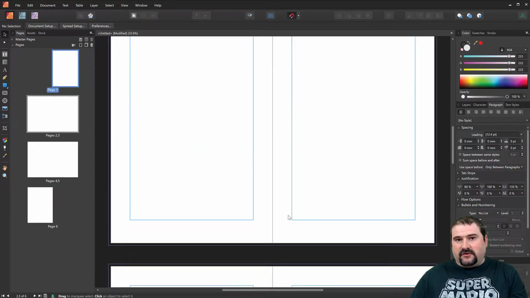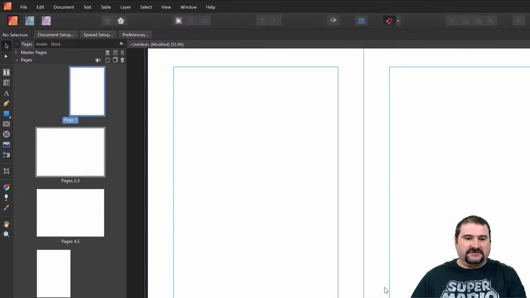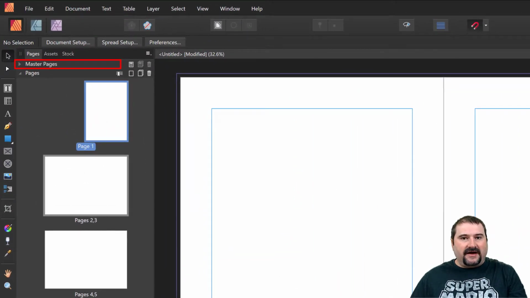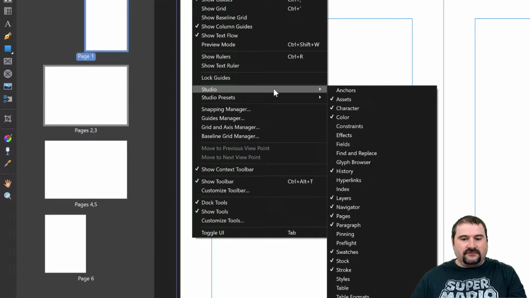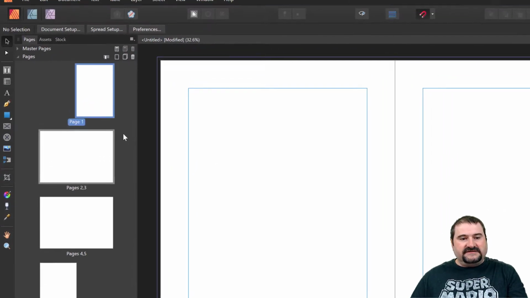Let's assume that maybe you have a document you've already worked on and it has multiple pages with text on them, images, and all of that. So how can we add numbers also to an existing document? This is very easy to do. You need to locate the Masters panel. So this Masters panel is at the top of the Pages panel there. You can see it there, Master Pages. If you don't see it, you need to go to View, Studio, and turn on Pages from here. So now I see it on the left there.